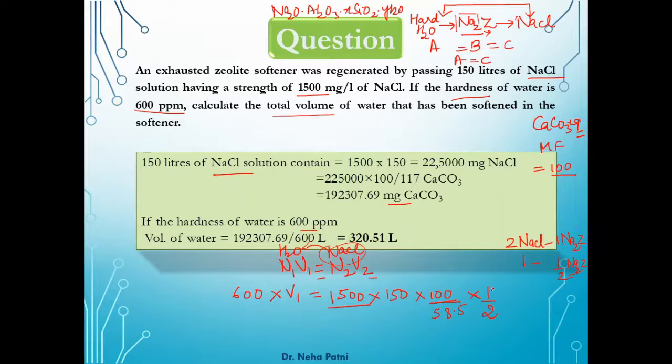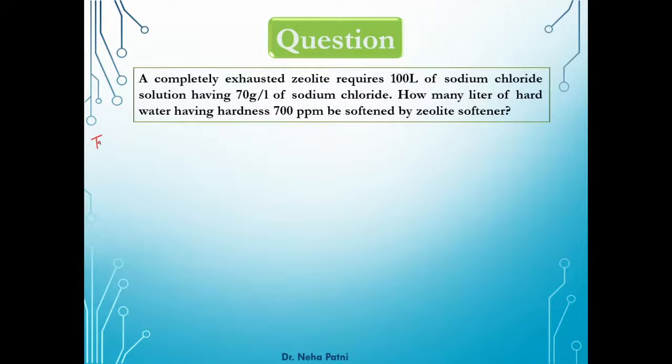So I hope you don't forget to multiply with this multiplication factor and this valency factor. And now if you solve this, you are going to get this liter only. So this is the type 1 numerical, wherein directly you can use these values, substitute and get the answer for V1. And both of the methods are valid. Let us go to the type 2 here.